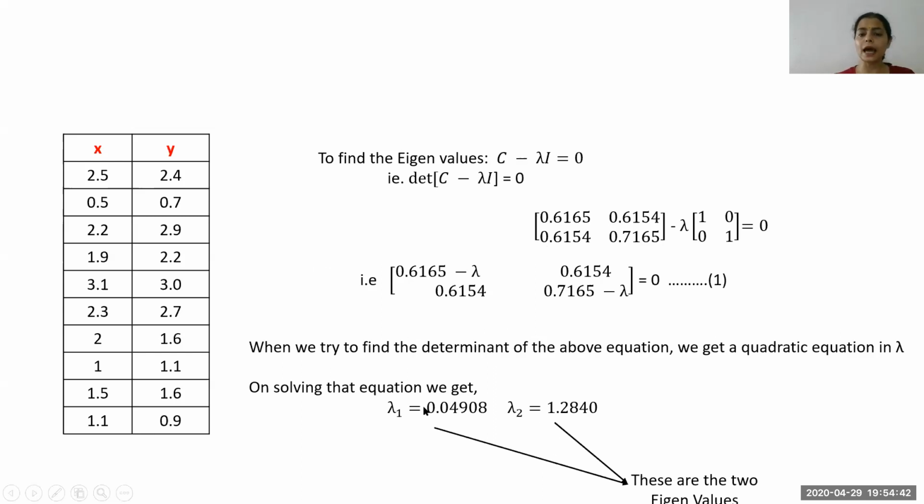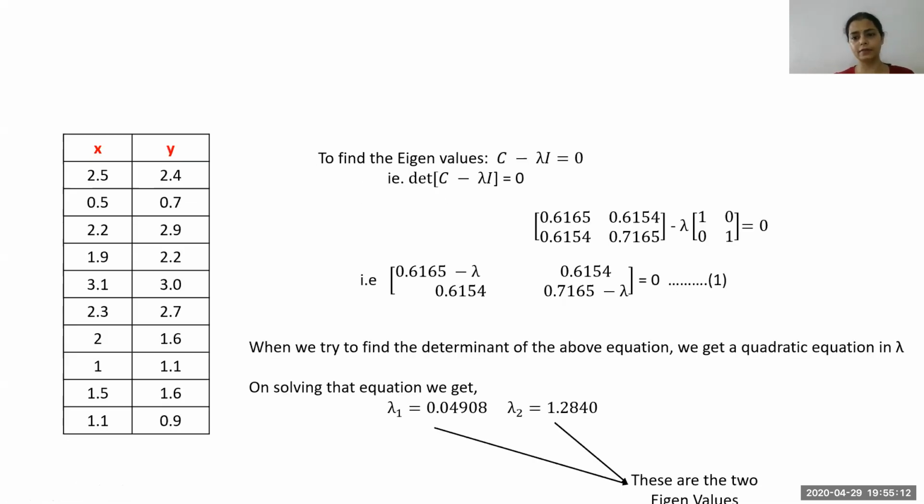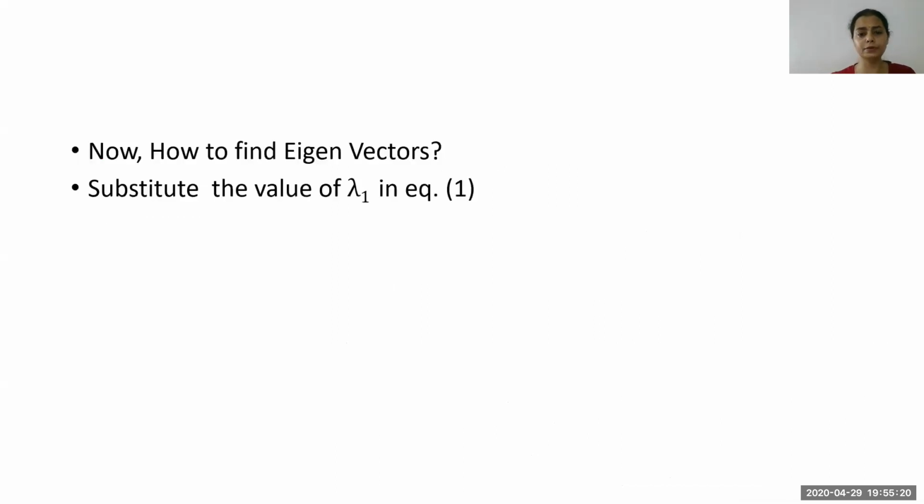Now these lambda 1 and lambda 2. By the way, this is the equation that I was talking about. We will subtract lambda from covariance of x comma x and covariance of y comma y. And these two terms are going to remain the same because lambda into 0 is going to yield 0. Now, after solving the quadratic equation, the lambda 1 and lambda 2 that we have got are our two eigenvalues. Now, what are we going to do with these two eigenvalues? As the next step, we are going to find the eigenvectors of these eigenvalues.